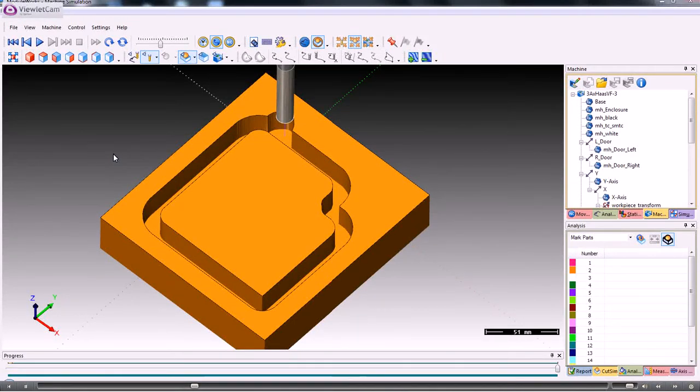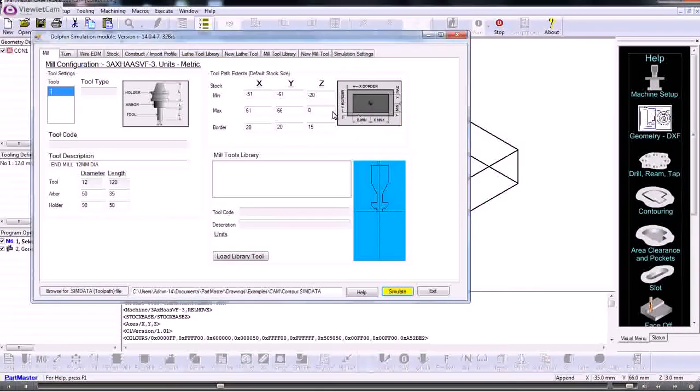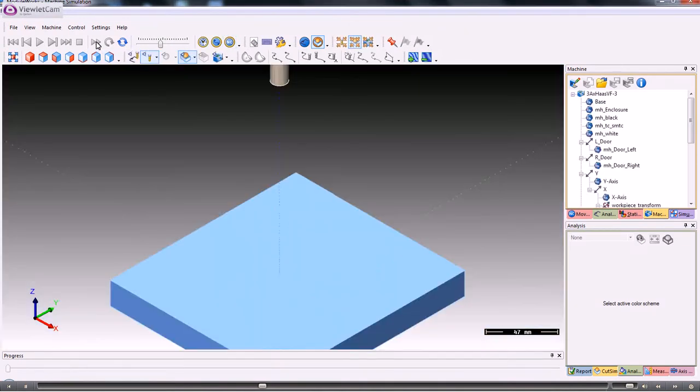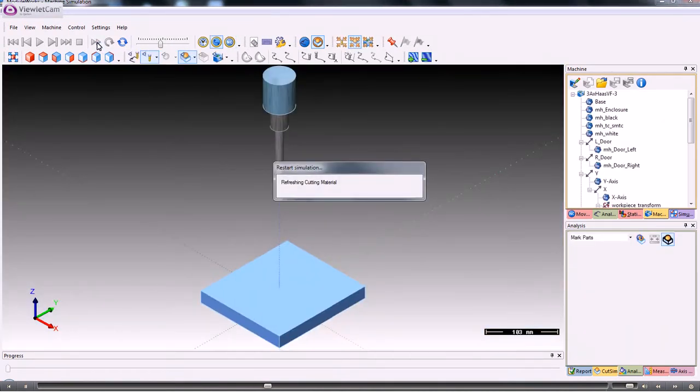So what we need to do is separate the inside from the outside. To do that, we need to change our stock. So if I come out of the simulator back to this screen here, and we set our Z border, which is the amount of extra material left on when it's simulating, to 0, and then we simulate the part, if we just fast forward that through to the end,